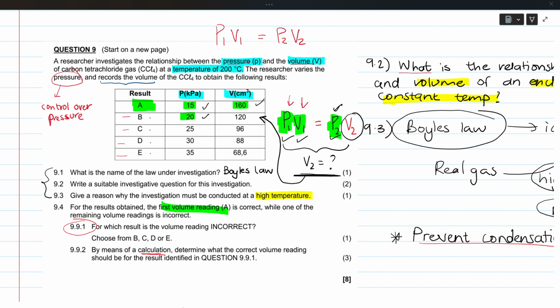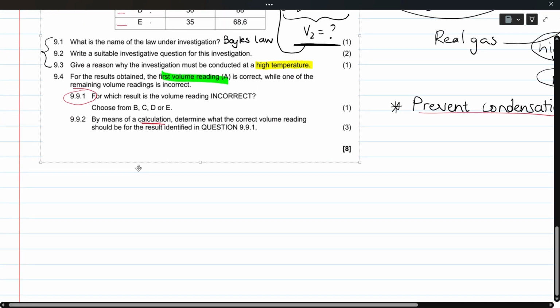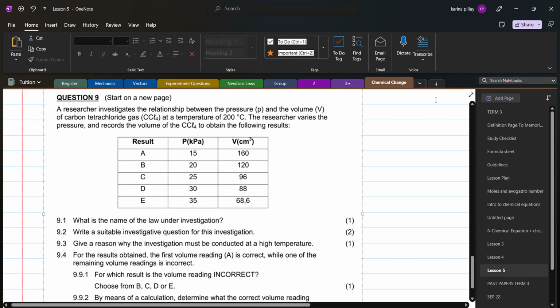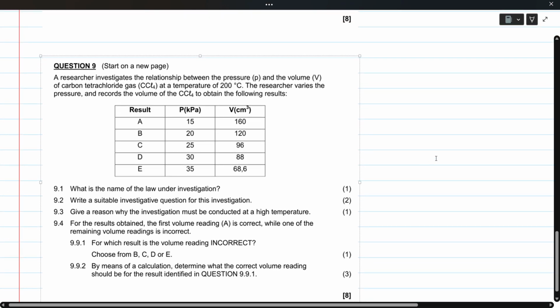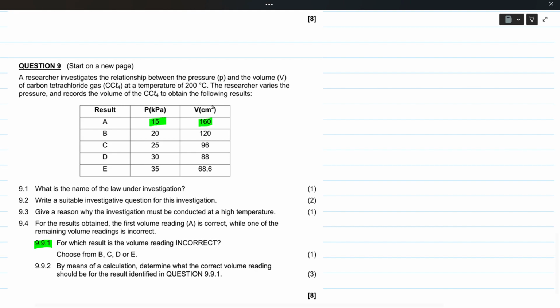Okay, so I'm going to attempt the question now just to save us some time as well. I'm just going to repaste it here just so we can have some space on the side. Alright, so what are we doing? We are doing 9.9.1. We are finding out which value is incorrect. We can trust reading A, we can trust all the pressure readings. So what we're going to do is start testing